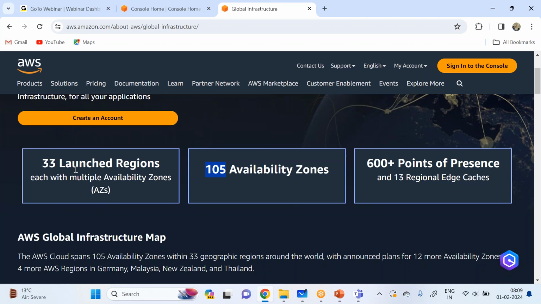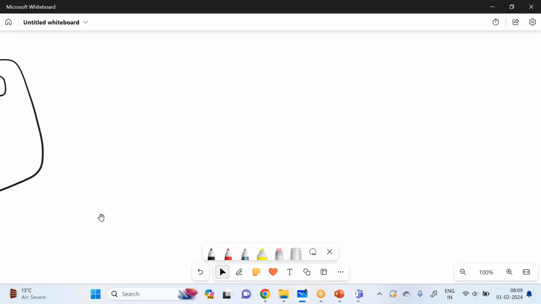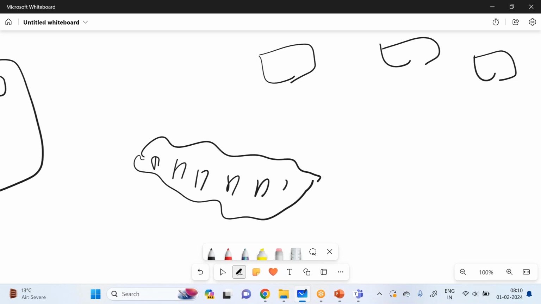Now someone was asking about the edge location. So this is the edge location. So what happens is, let's say this is your region, any region, multiple regions. Now you have a cluster where multiple customers of AWS are operating. Okay, so what AWS will do is create a point of presence here, an edge location